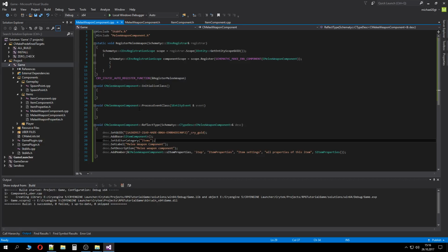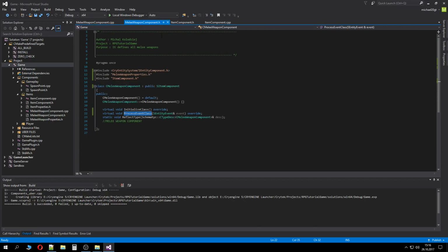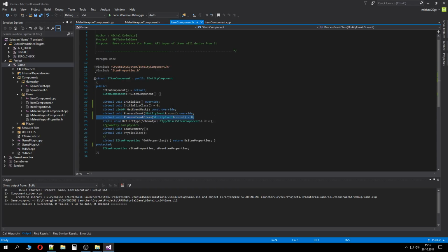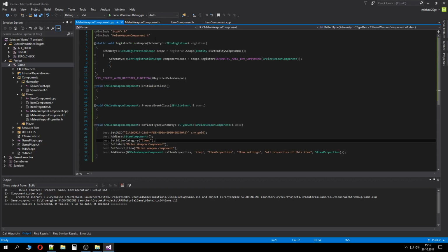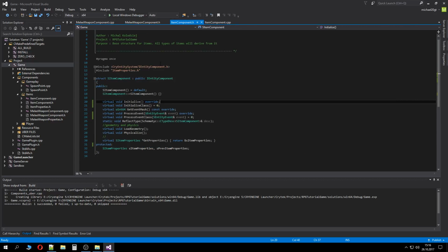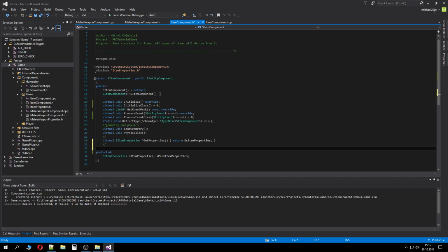But it's still just an item that is unpickable. You can do nothing. So now we're gonna make it pickable. Because all of these items will be pretty much pickable, unless we lock this functionality for some item. But initially we want pretty much all of these items to be able to be picked up or dropped. So we're gonna put it in the base class, so all of these items, no matter if it's a melee or any other item, will